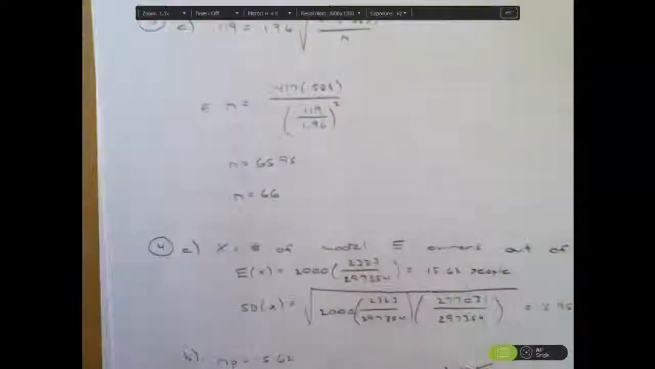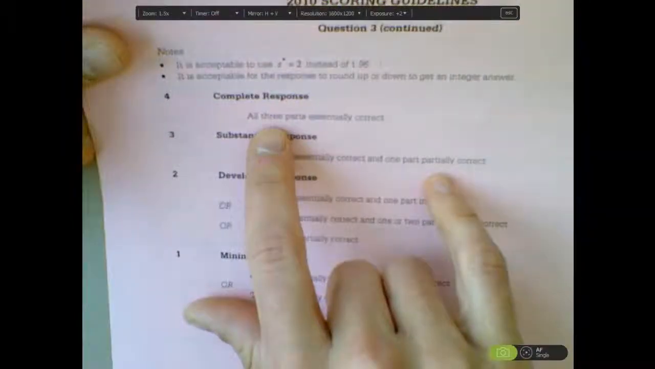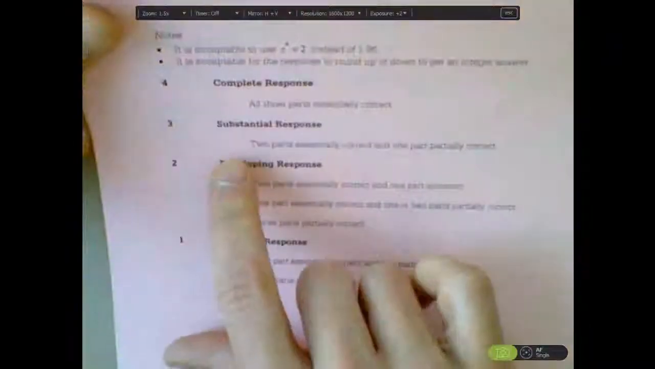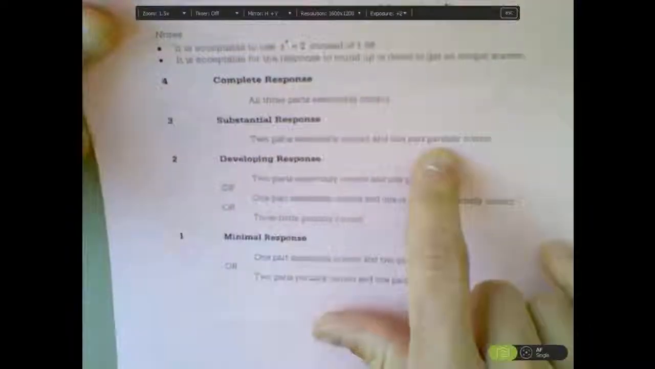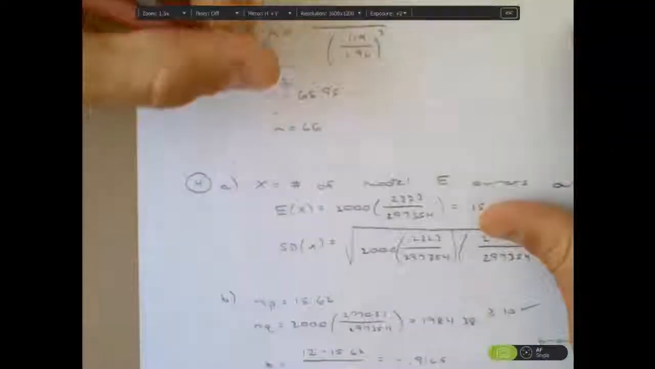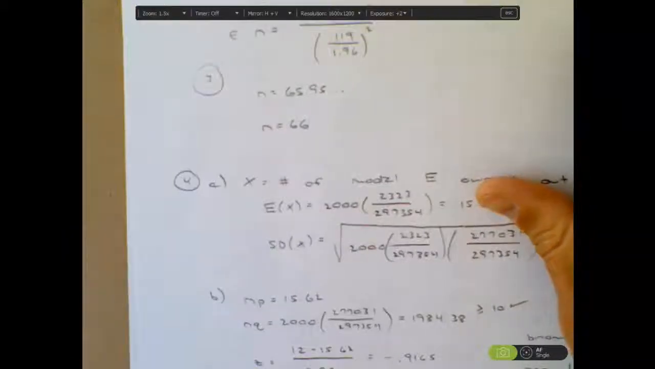As far as scoring goes, this question has 3 parts, so it's going to be a little bit different than what we've seen. All 3 parts correct, that was what I hoped for, but I didn't get. I had 2 parts essentially correct and 1 part partially correct. That would be a 3. Remember, your goal on questions 1 through 5 is a 2 or higher. So a 2 is going to earn you